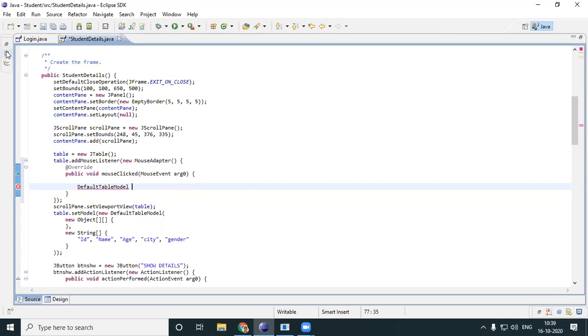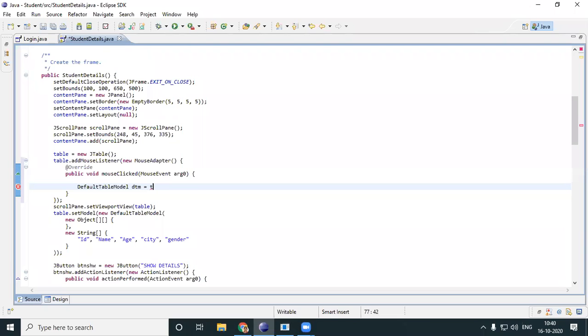If you remember, we were converting the result set into a table model, and all that works with your RS2XML jar. So even DefaultTableModel will only work if you have your RS2XML jar. Now we're creating a DefaultTableModel object, getting the model of my table.